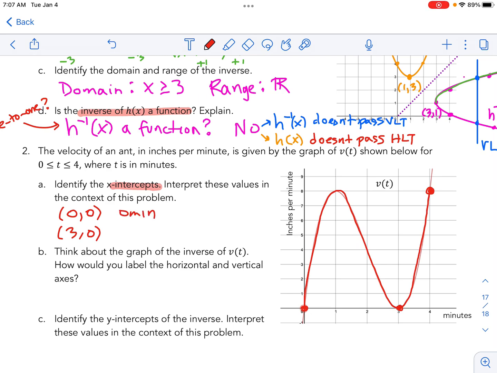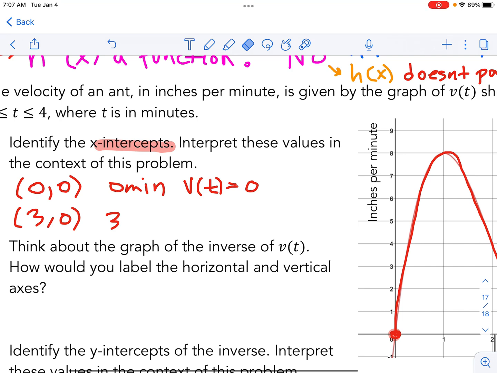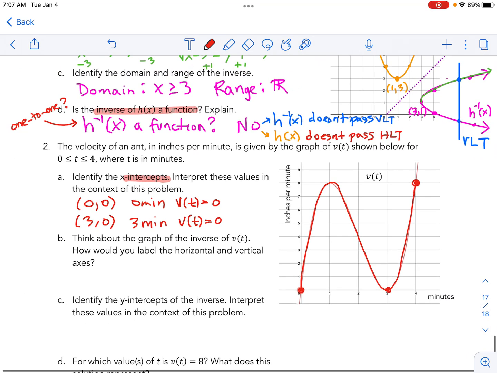So at 0 minutes, v of t equals 0. And at 3 minutes, oh, my handwriting is just terrible. Minutes, there we go. V of t is also 0. Okay, so at the beginning, the ant is not moving, and at 3 seconds, the ant is also momentarily at